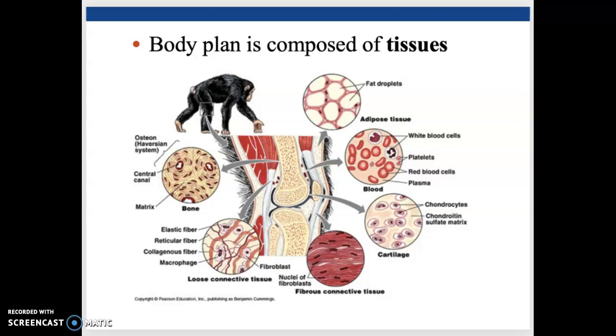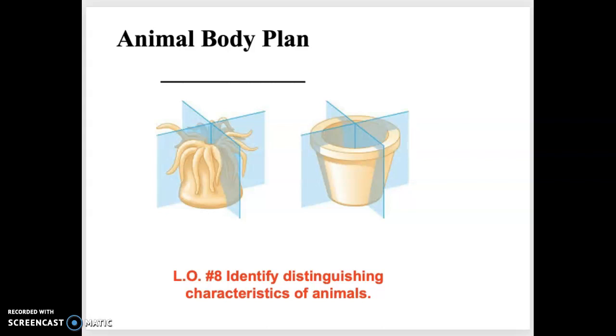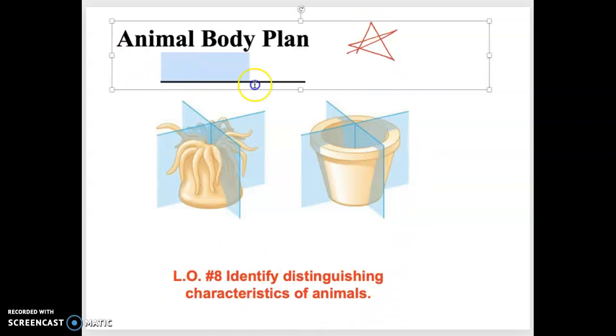So, all right, now when we look at the body plan of an animal, this is going to be an important one to remember. So let me give you guys kind of a big red star. Hopefully everybody notices the big red star. This is a big characteristic of animals: how your body plan evolves. You don't get to choose it. Nothing we decide on. It's pre-programmed